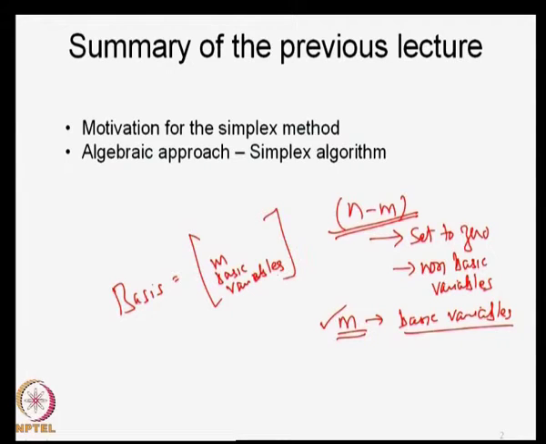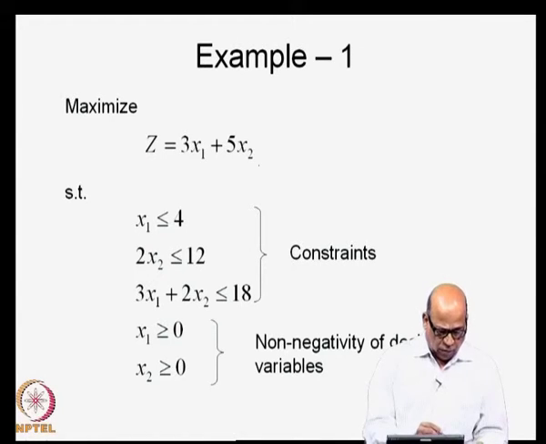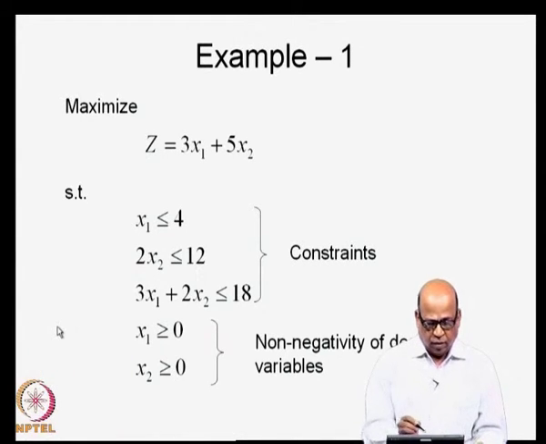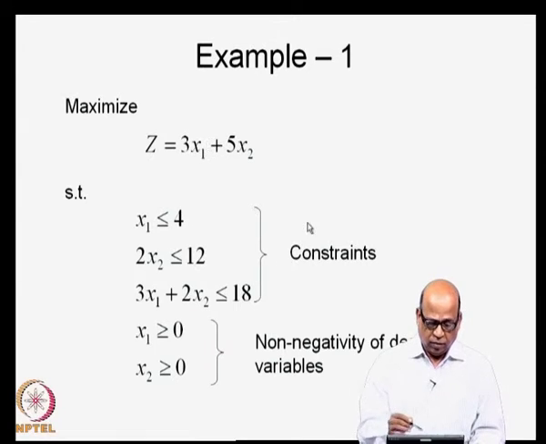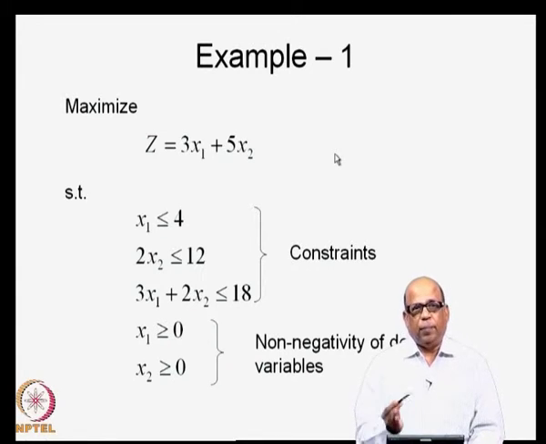So, this is what we saw in the previous lecture, and then I started introducing the simplex algorithm. We will continue that discussion today from where we left off in the previous lecture. So, we were talking about this example where the objective function is of maximization type. Maximize z is equal to 3 x 1 plus 5 x 2. Recall that this is the same problem that we solved in the graphical method. So, we will relate this problem by solving it through the simplex method and compare the solution with what we obtained in the graphical method.